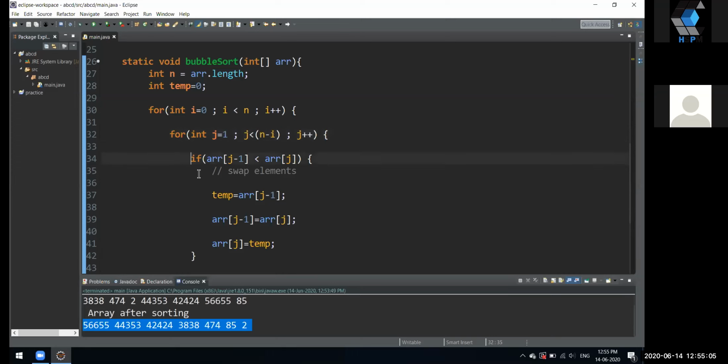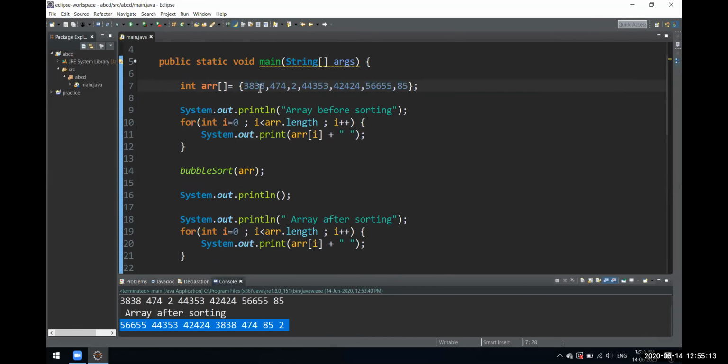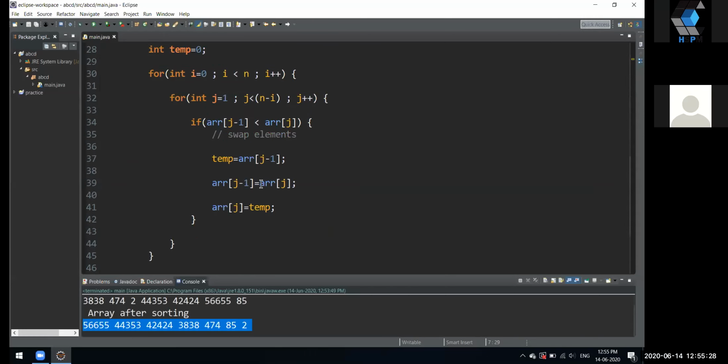And inside this for loop, a simple if condition. Like, you have an array. What we are doing is we are just checking two elements one by one. So we check these two elements, and if this is less than, we'll swap them. After that we'll check the next two, and if the condition is satisfied, we'll swap them. So that is only happening over here.